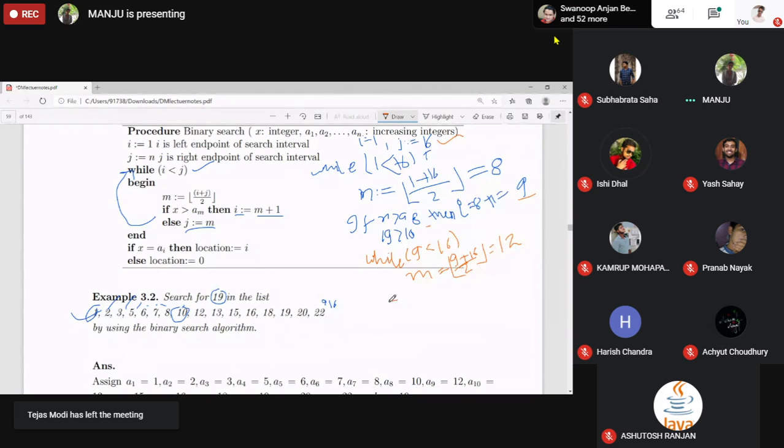If x is greater than a12, what is a12? 19 is greater than a12, which is 16.